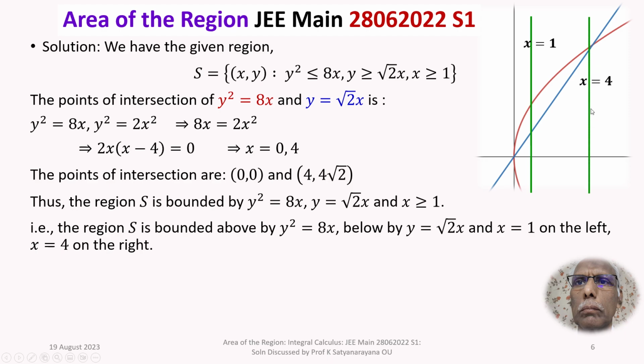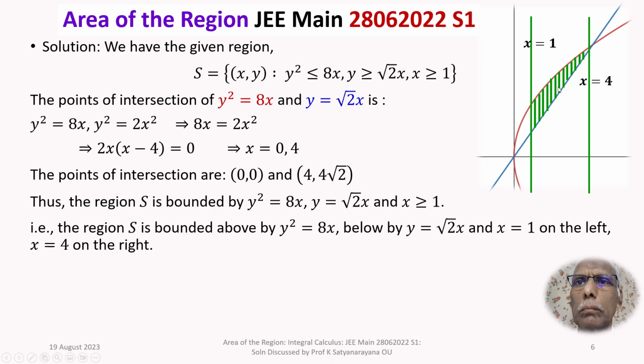That much is necessary for us. And what is the region? The region is common to these three. So the region is now shown by vertical strips. The vertical strips are coming out. The totality of all these vertical strips, that is the portion, that is the area what we are asked to